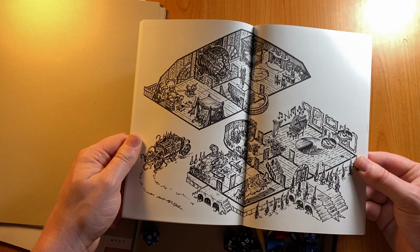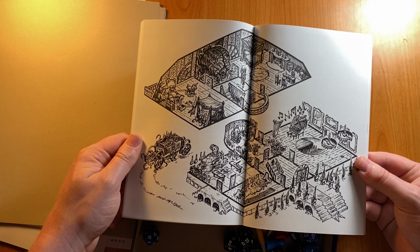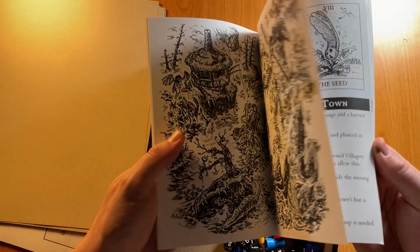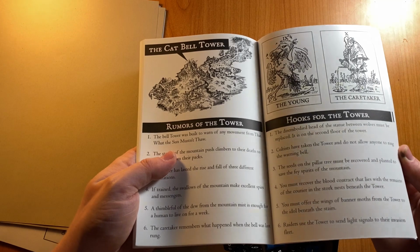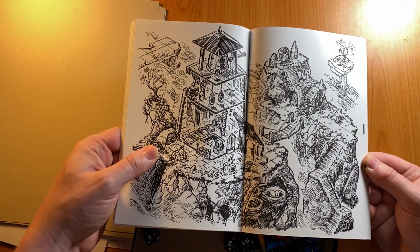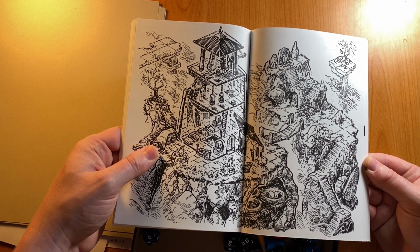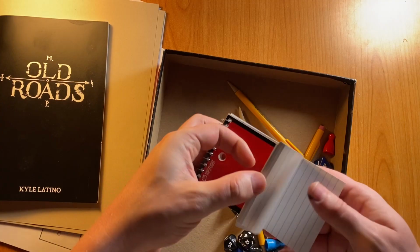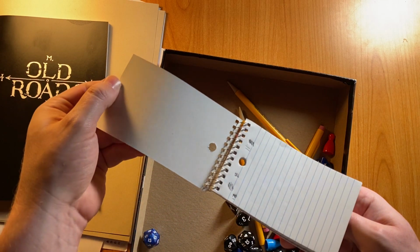So I just introduced this house that seemed to just appear on the horizon, and it turned out it was made out of centipedes. But I had the map here and no notes to go with it, so I could just improv that whole encounter. And that's what this book is for. It's got all kinds of encounter maps and NPC ideas and plot hooks all ready to go, so you don't have to think about it. But I don't want to talk about that, because I want to talk about my notepad that I use to